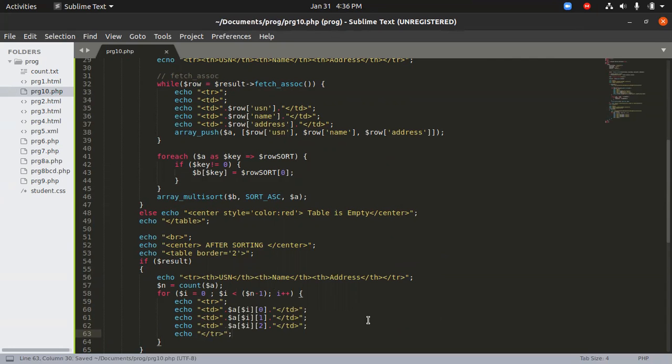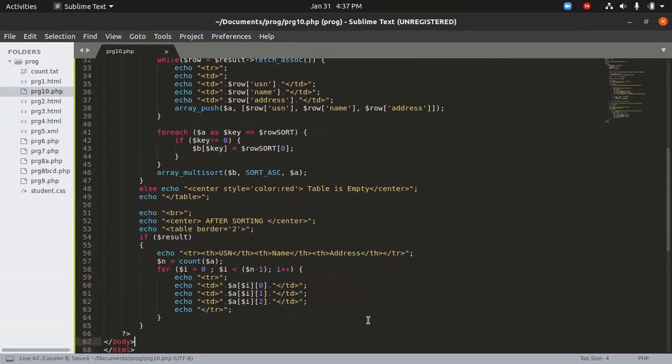So if you write a final else here, because if this function doesn't work, something has to be shown, right? Just write the echo, a center tag. It's going to be the same. We'll just copy these two lines and then paste it.